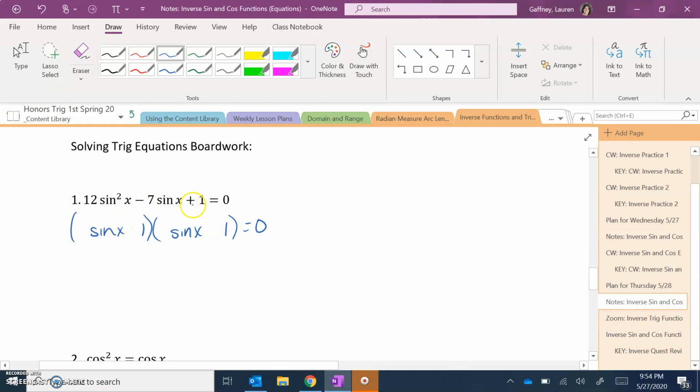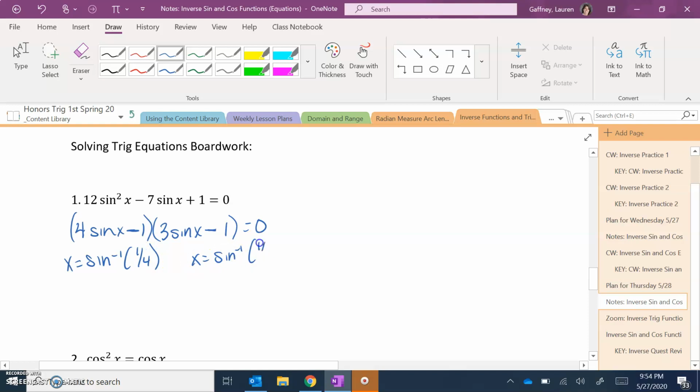Now, if you have a negative here and a positive here, that means these were both negatives. So once again, it's actually 12. So 12 and 1 can't get us to the negative 7. 6 and 2 won't either. So, 4 and 3. So when I solve this, I'm going to skip a couple steps here. I'm going to add 1, divide by 4, sine inverse both sides. So sine inverse of 1/4,